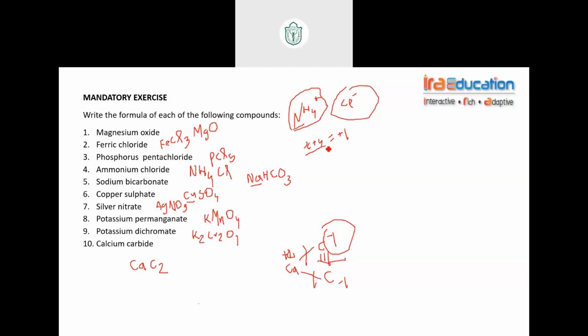So X plus 4 equals, what is the charge on this radical? Is it a neutral molecule or is it a radical? It is a radical, right? Why? Because it has a positive one. So we should equate to the charge on the radical. If it is a neutral molecule, then it is equal to 0. But this is not a neutral molecule, this is a radical. So here +1 is there, so X plus 4 equals +1. X equals 1 minus 4, so X equals -3. Is it clear, Arham? Okay, sir.